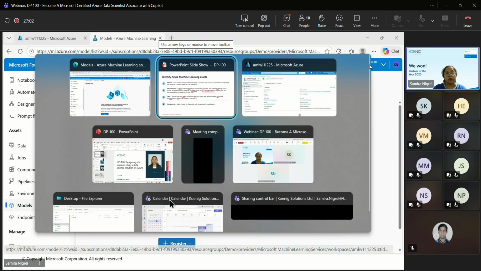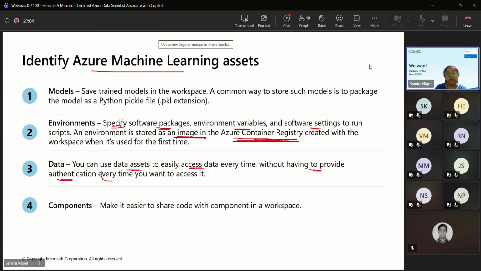So what is a model? The model is basically the trained models that we are saving in the workspace. Let's say I have executed three algorithms: decision tree, random forest, and logistic regression. Now I like the decision tree output, so I can pre-package this as a model and register it. Generally, a common way to store the model is to package it as a Python pickle file.